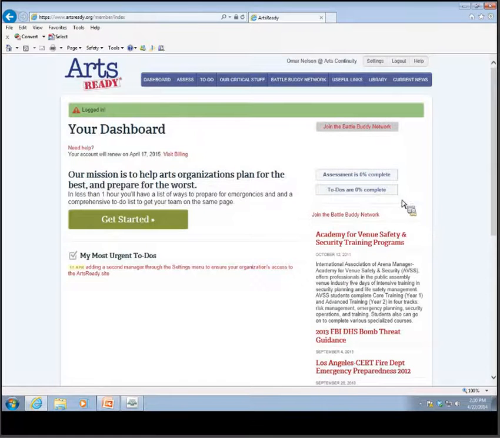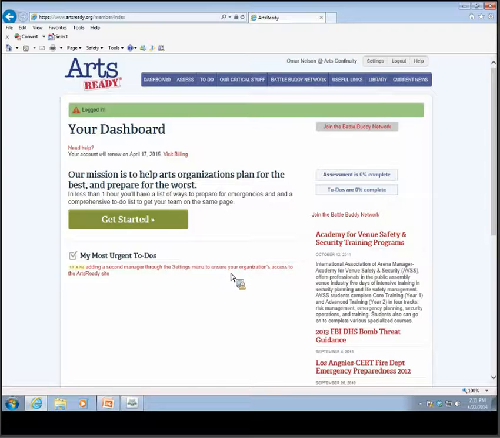As I begin to develop to-do items, which are primarily generated from the assessment, I will have my most urgent to-dos listed over here on the left-hand side, so that anytime I log into my account, I'm reminded of those important to-do items. There's only one to-do item that is generated by the ArtsReady website and is given to every premium member, and many of you are probably aware of this, and that is the to-do item to add a second manager to your settings. And we're going to go ahead and do that in a moment so that we can add some functionality to